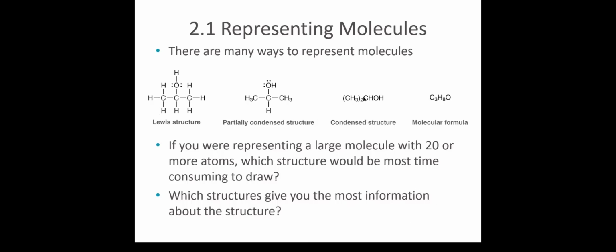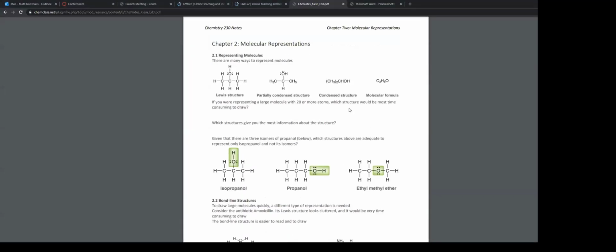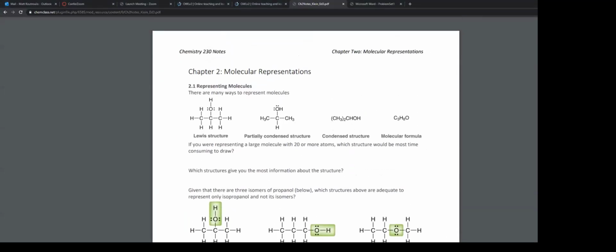A condensed structure is usually when you print it out in such a way that everything fits on a single line, although sometimes you'll have to branch things above or below the line depending on the groups that are attached. So for example, this is a condensed structure. Another way I could do a condensed structure, if I wanted to do it just a little bit less condensed,